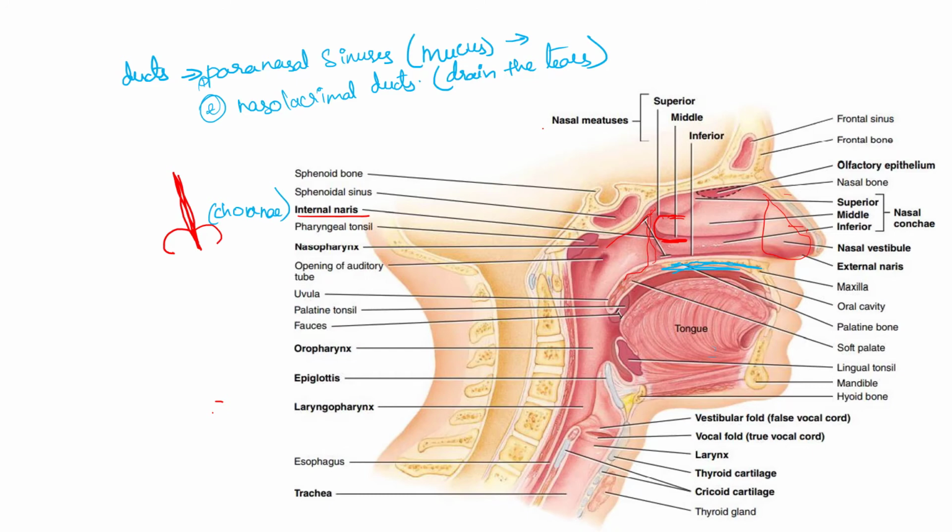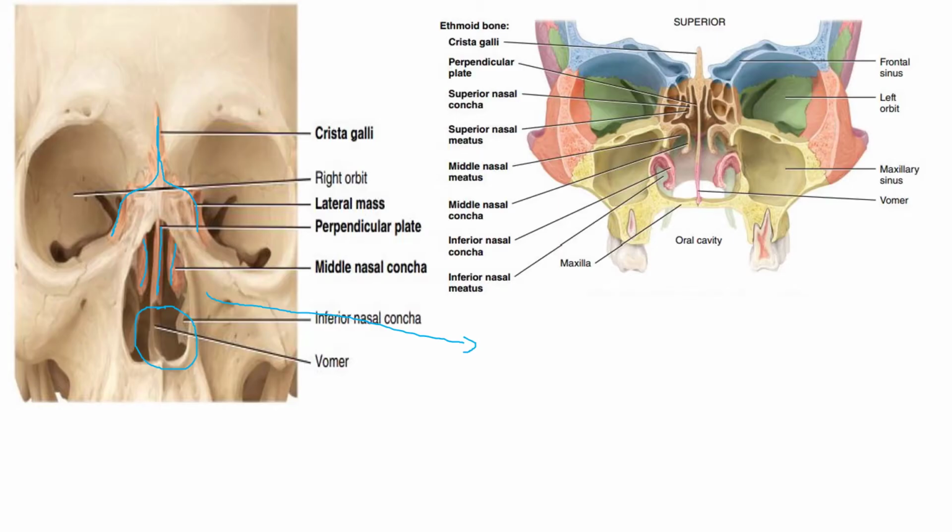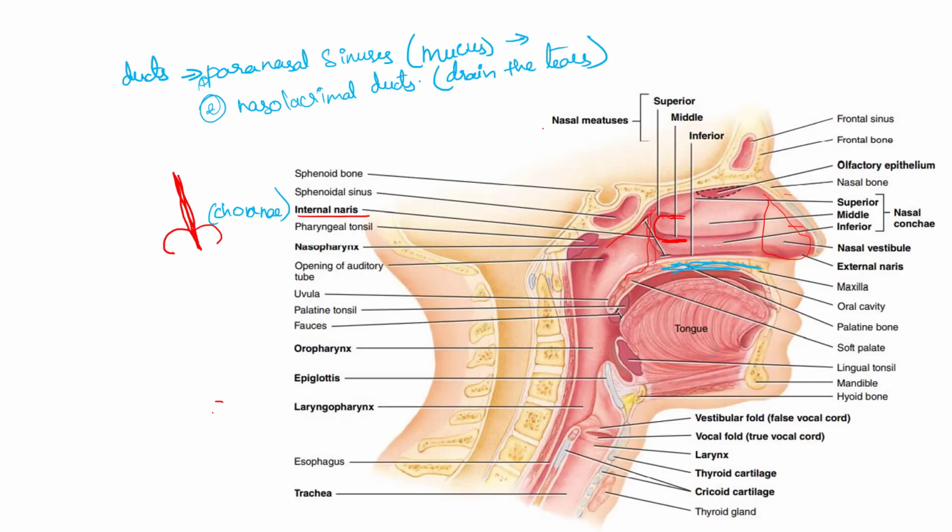So first one, it is frontal bone, which is our forehead, and sphenoid bone, ethmoid bone. Sphenoid bone will be behind this ethmoid bone. When it is located near the frontal bone, it is called as frontal sinuses. And if these sinuses are located near the sphenoid bone, then it is called as sphenoidal sinuses. So this is the sphenoidal sinuses.